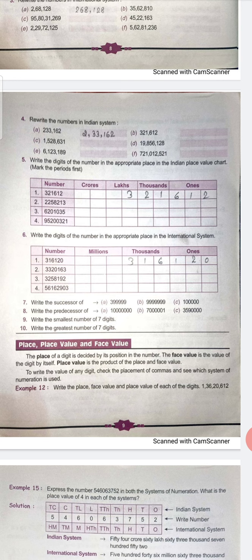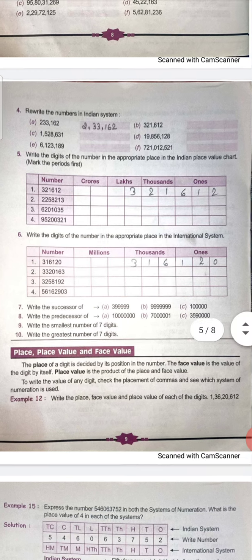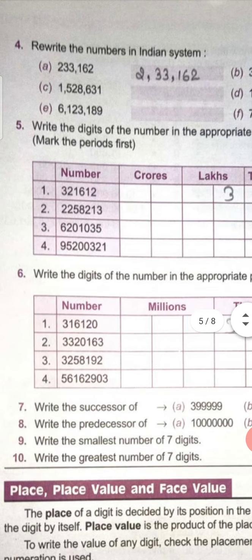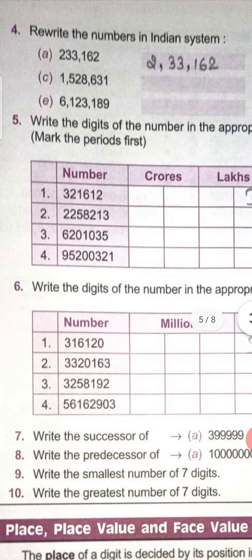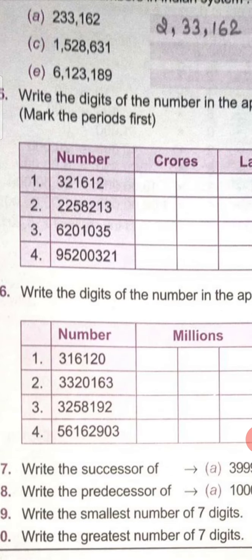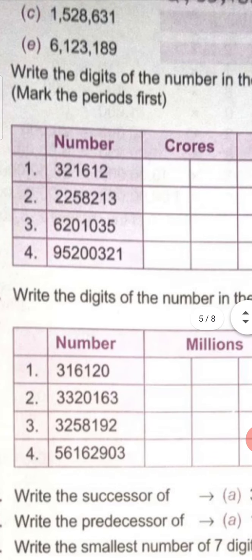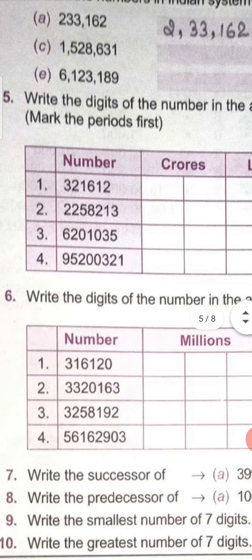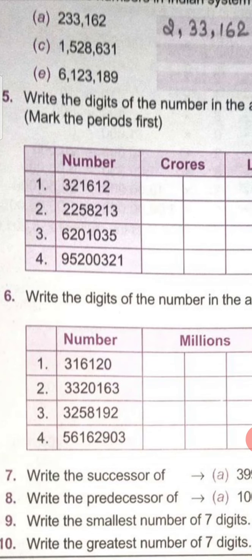Write the digits of the numbers in the appropriate place in the Indian place value chart. Mark the periods first. Firstly, I want to say that we read this number from right to left, meaning 2, 2, 3. Ones, tens, hundreds, thousands, 10,000s and lakhs, and we mark commas to separate these digits